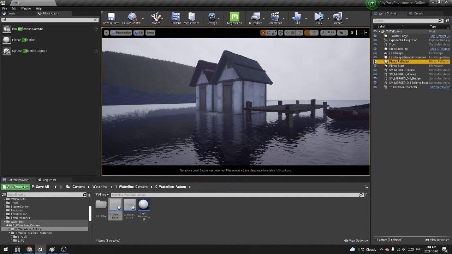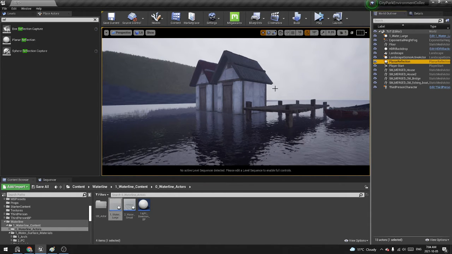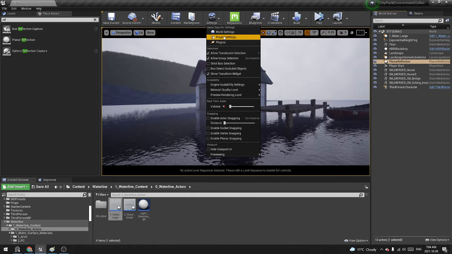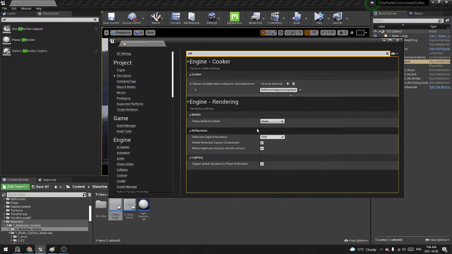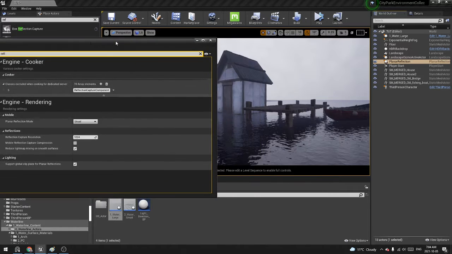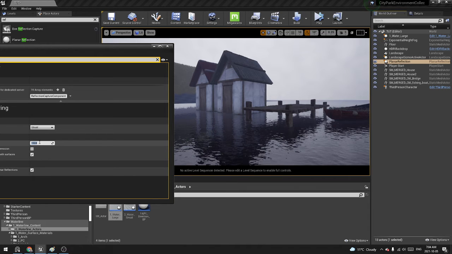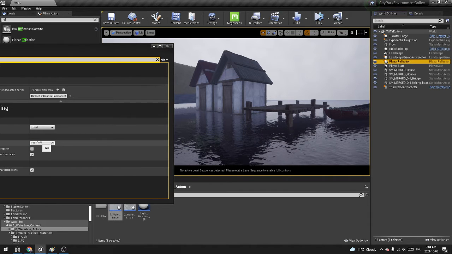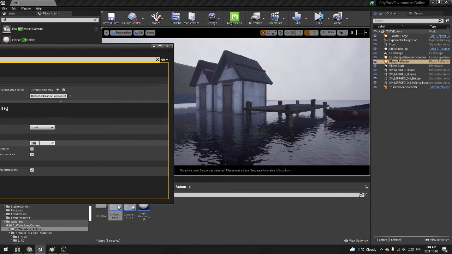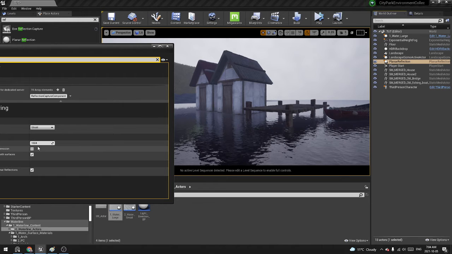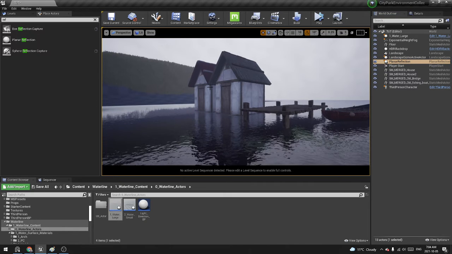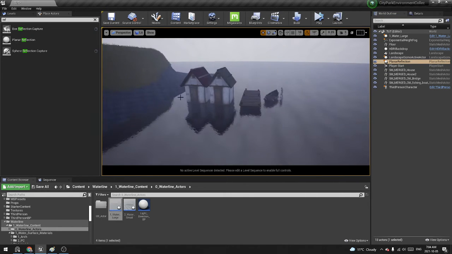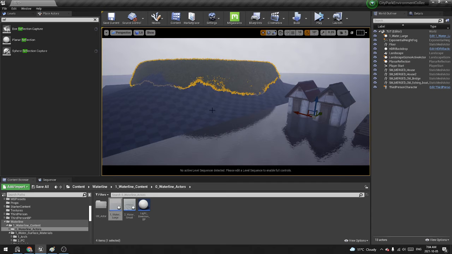Okay, but now first, make sure to open project setting and search in reflection, and make sure you have the right resolution, because for example if the resolution is 128, you're gonna have some bad reflection, but 1K or 2K is much better for sure. Okay, so